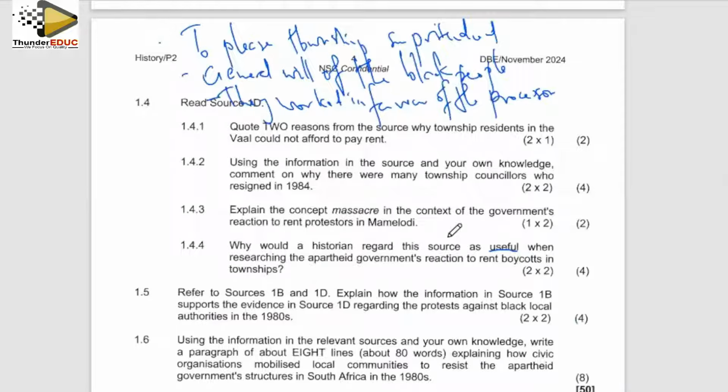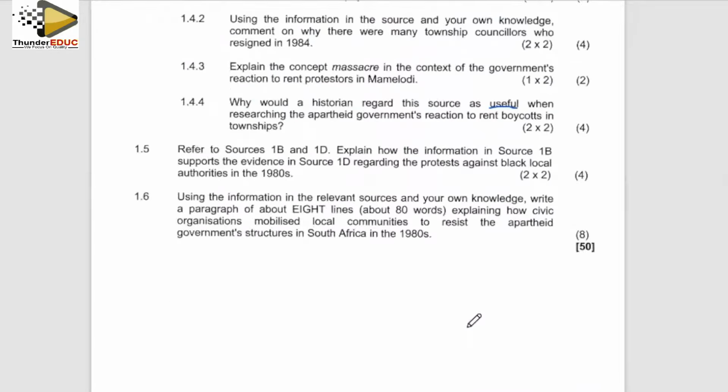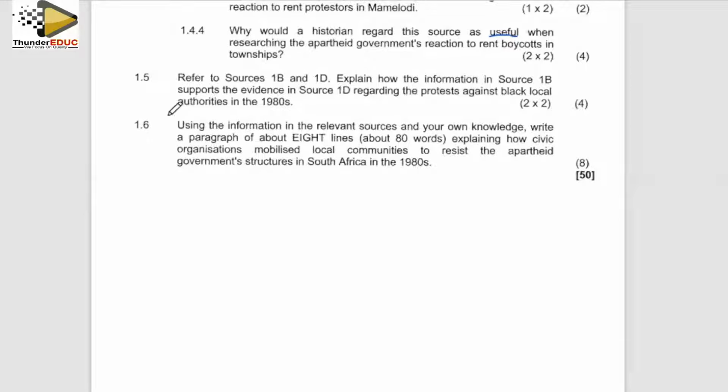This one now is a paragraph question. We just have to discuss the basics of answering a paragraph question using the information in the relevant sources and your own knowledge. Write a paragraph of about 8 lines explaining how civic organizations mobilized local communities to resist apartheid government structures. Like what I mentioned before we started, the context of the question is the one which is going to be asked in the paragraph question, which means as you answer the other source questions, you must be able to figure out evidence which you are going to use in the